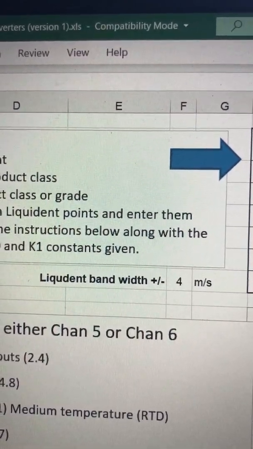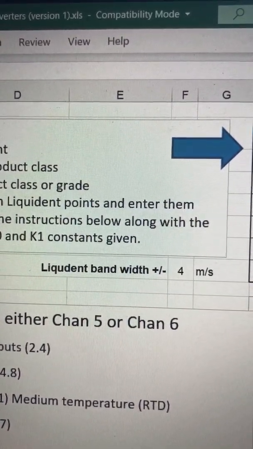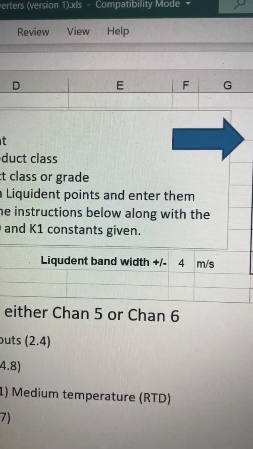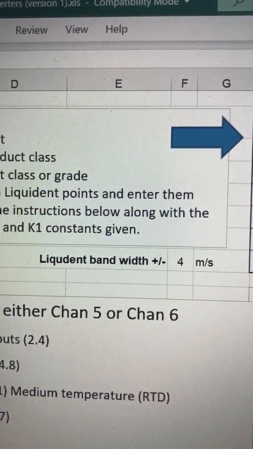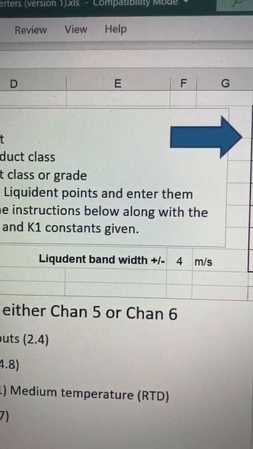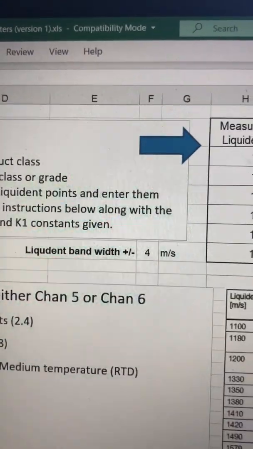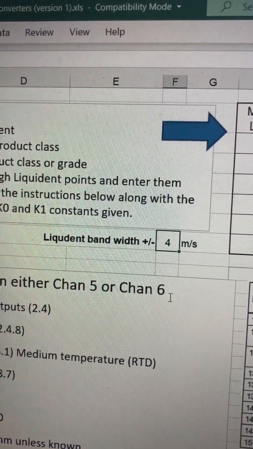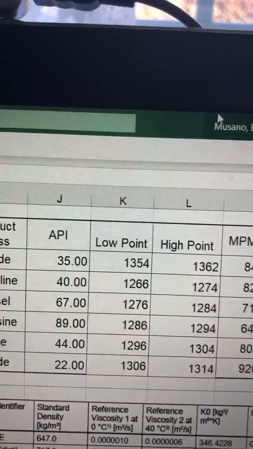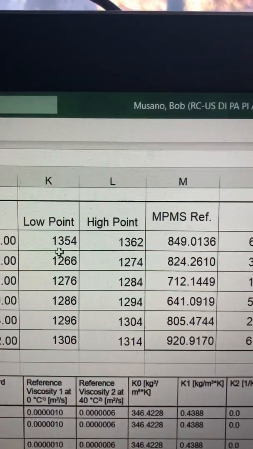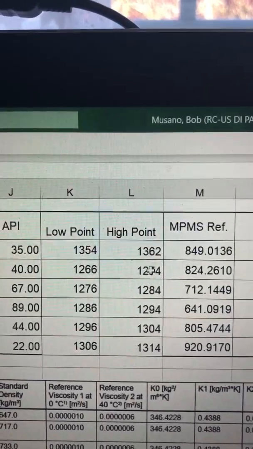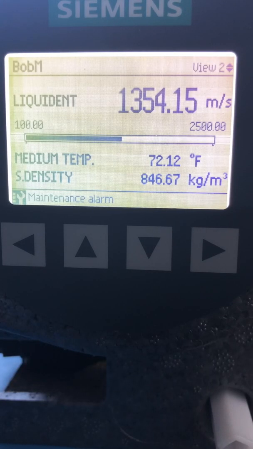Now, when you're creating a table, there's going to be some wander in terms of the liquidant for that product. So what I like to do is, instead of just editing 1 point, I like to make 2 points. And what I've done is I've added a liquidant bandwidth. In this case, it's 4 meters per second. And what this will do is this will calculate the 2 points that I want to enter. In this case, it's 1354 and 1362. So let's go into the